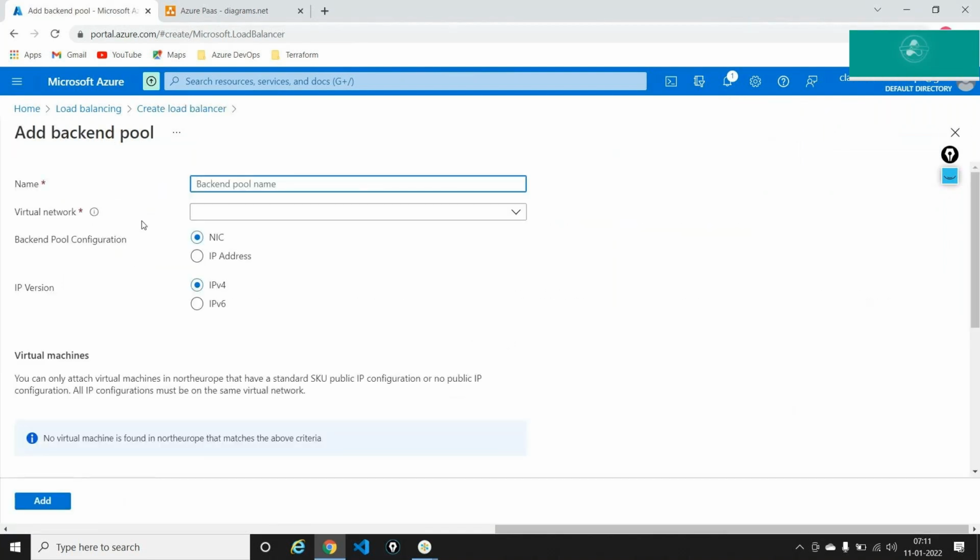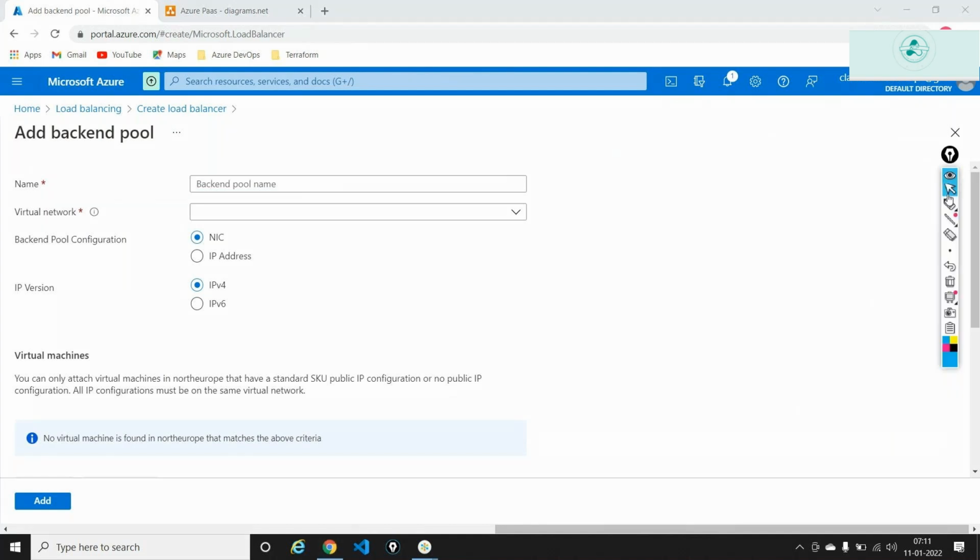So in the backend pool, if you look at this, if I need to add it in the backend pool, it's telling me that I need something called a virtual network out here. So if I go here, I do not have any virtual networks at all because by default,